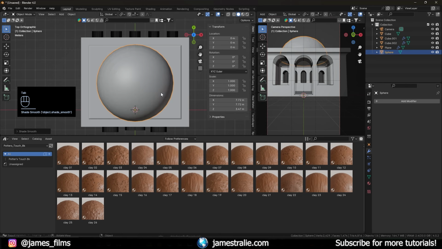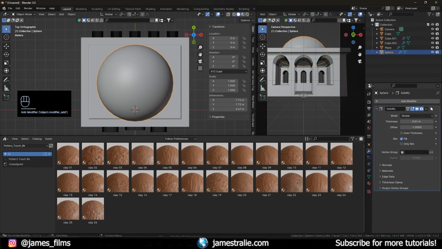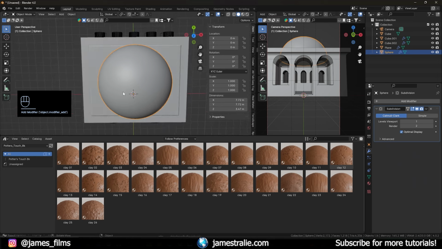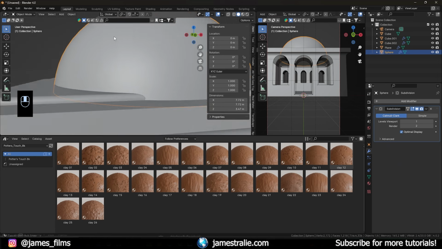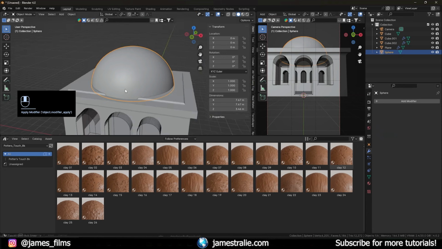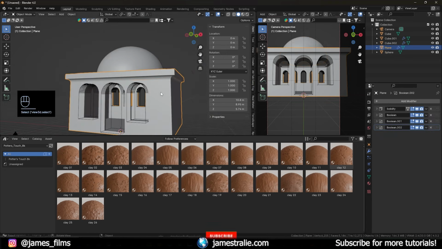Can hit shade smooth, and I'm also going to add in a subdivision surface just to smooth out. Oops, I didn't want to solidify. A subdivision surface just to smooth out that geometry. You can see what that did. So now you don't see those weird edge bumps. I can just apply that as well too. No problem there. So we've got our dome, we've got our main building, but again, this is not committed, these